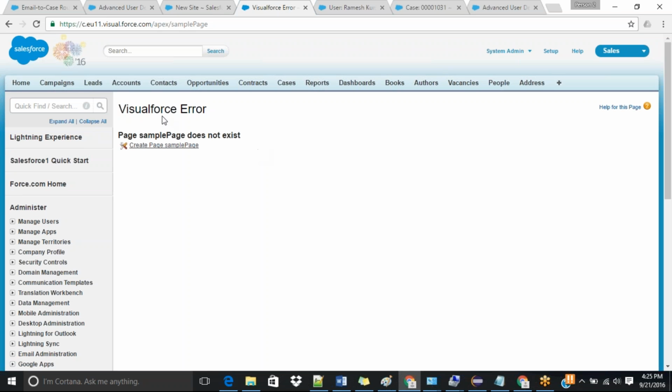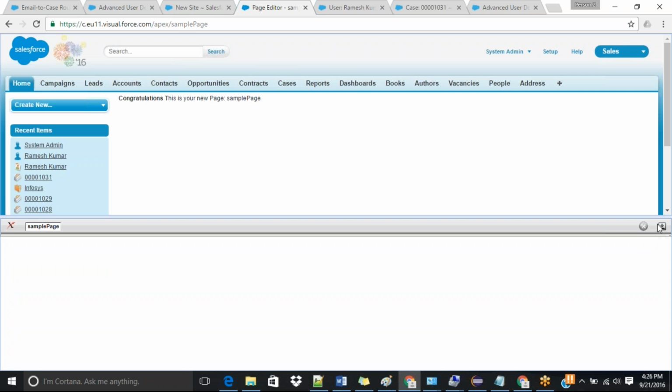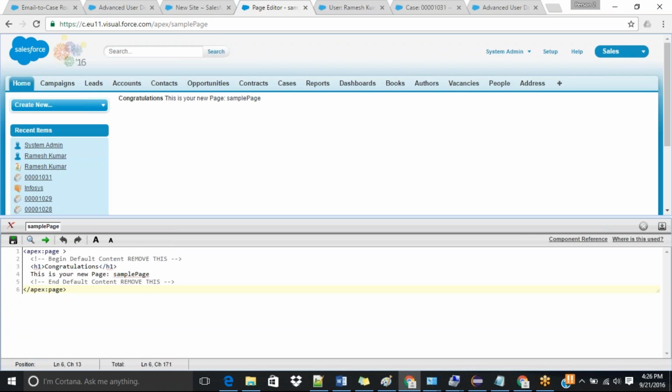Right? Visualforce error. The sample page does not exist. Create page sample page. Do you want to create a sample page? It is asking you. If you want to create it, then click on that. Okay, so this is our sample page. To edit your page, you have to click on this. If you enable development mode, then only you can see this. Otherwise, you have to